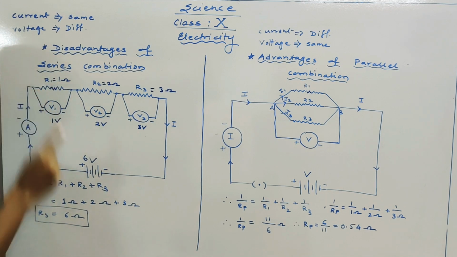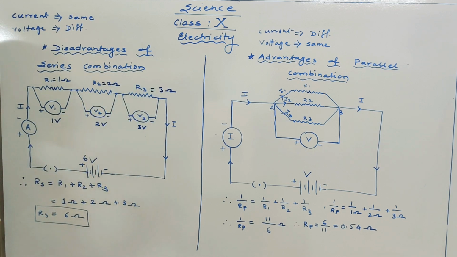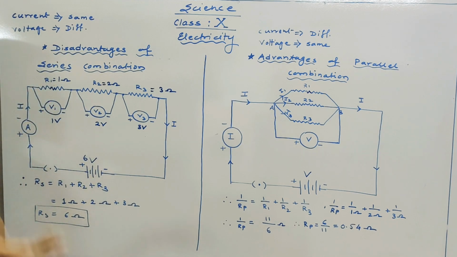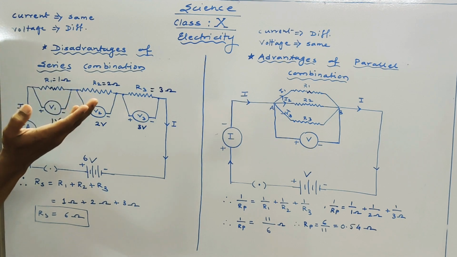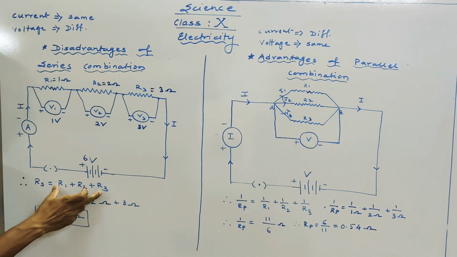1 ohm से बड़ा है 6 ohm, 2 ohm से भी बड़ा है 6 ohm, 3 ohm से भी बड़ा है 6 ohm. Means the overall resistance increases in which combination? Series combination. And if the resistance increases, the amount of power supply will decrease, because resistance is inversely proportional to current. करंट कम हो जाएगा अगर रेजिस्टेंस बढ़ता है. तो अगर हम ज़्यादा रेजिस्ट करेंगे तो ज़्यादा ताकत लगेगी और बिल ज़्यादा आएगा. So this is not good for our domestic circuit because in series combination overall resistance increases. Are you getting me? ज़्यादा रेजिस्टेंस नहीं होना चाहिए, ये तो बढ़ जाता है because of the sum of all the resistances in series combination.